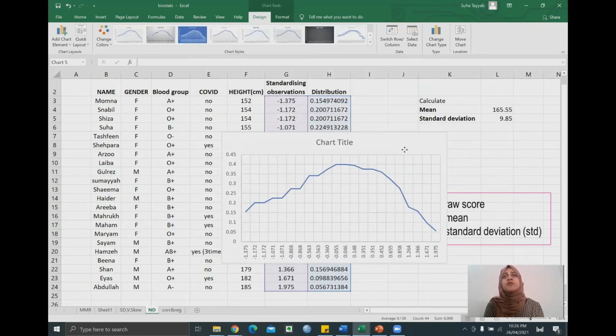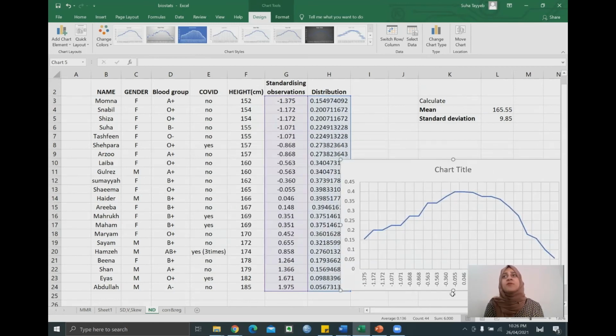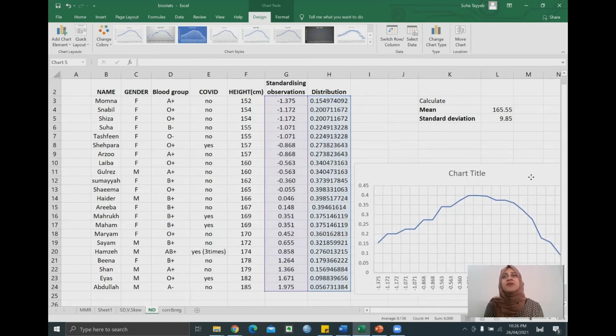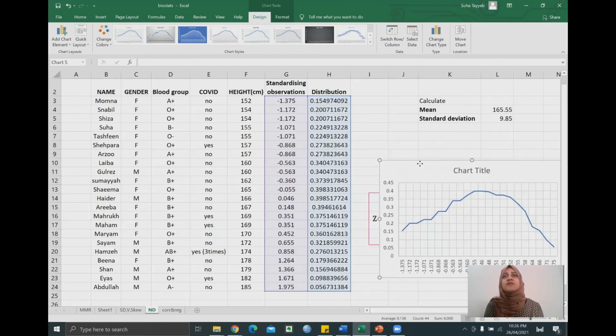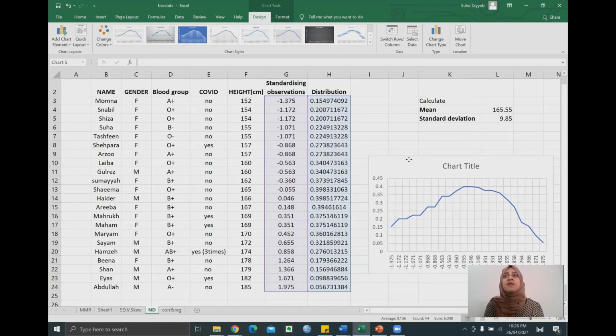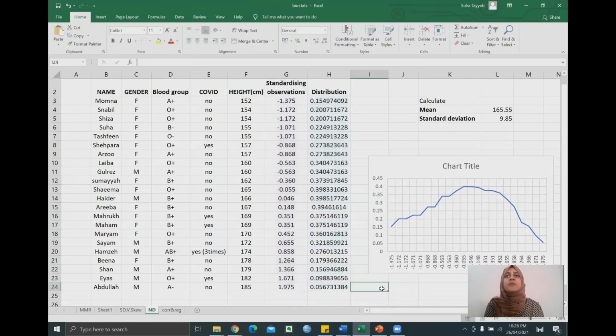And now I'm going to place this properly over here. Take it a little down there, and maybe adjust its size so it's easier for us to see. And voila, there we go. That is my normal distribution curve. Now, obviously, this data was standardized and everything, and the chart that we've got is not a really smooth curve, but that's okay, because what we were looking at was an ideal normal distribution curve.